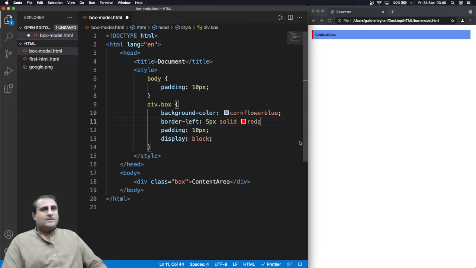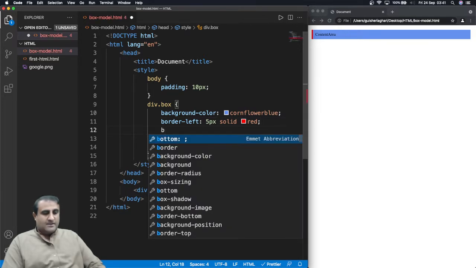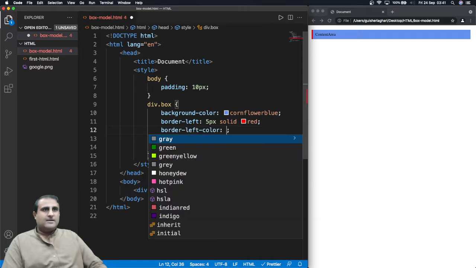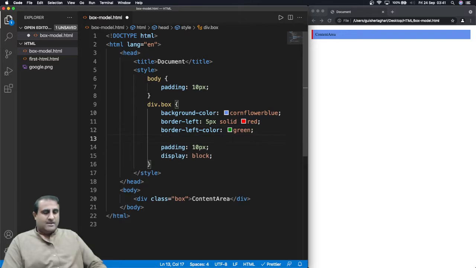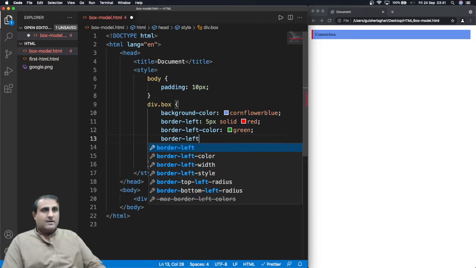Now we can set the three properties for the border-left individually also. So the above line can be written separately with these three lines. So border-left-color, let's say we want the color green,